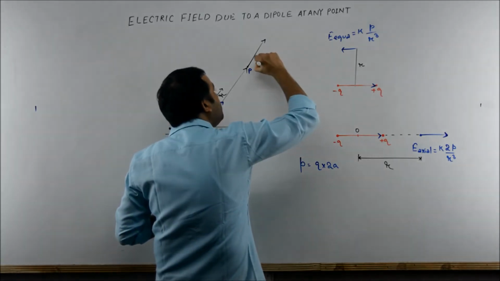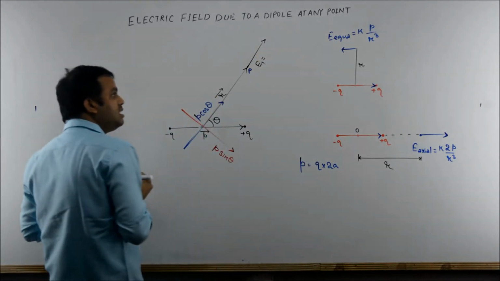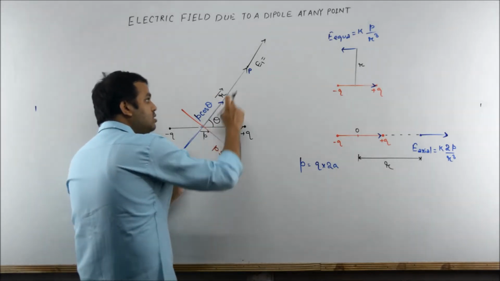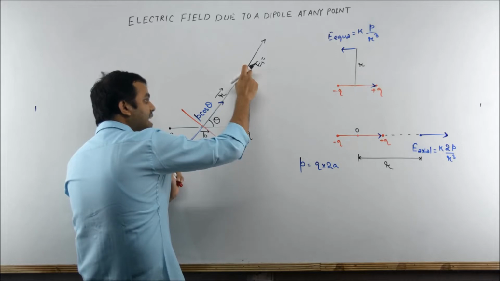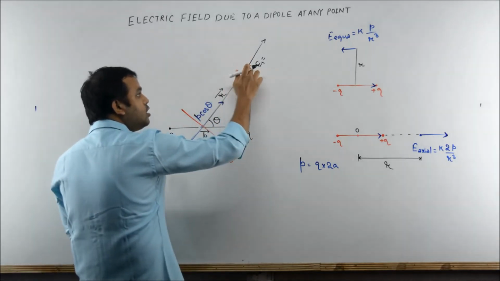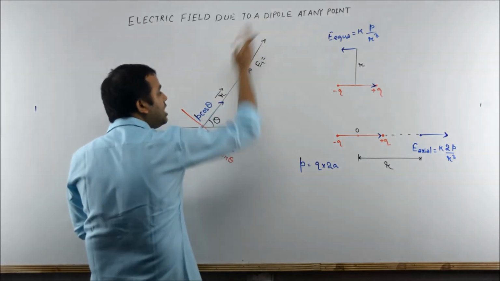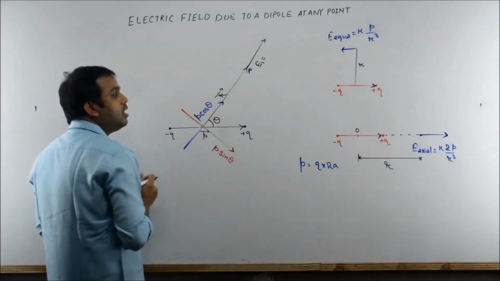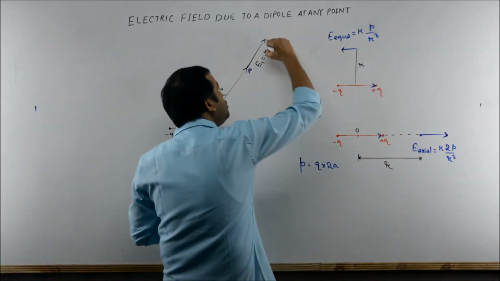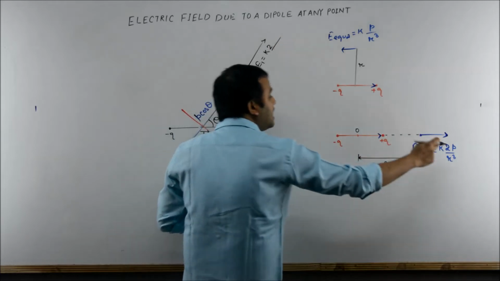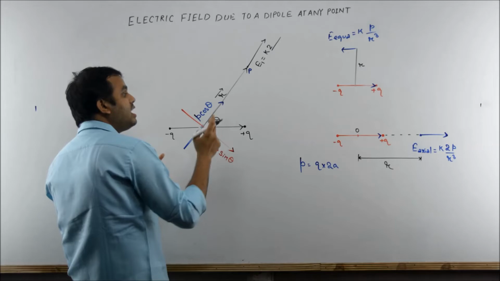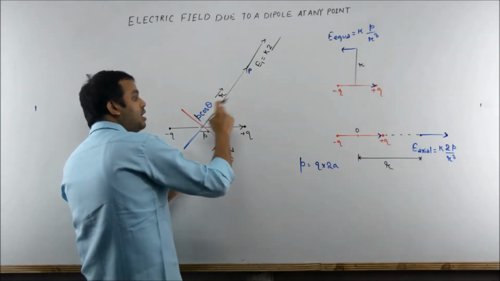Let us denote this electric field by E1, due to this P cos theta at point P, which is an axial point. For P cos theta, point P is an axial point, it is along the axis only. So electric field will be along the dipole moment. Clear, students? What will be its magnitude? It's K, then 2, then instead of P, here we will write P cos theta, because we are talking about electric field due to this component P cos theta.